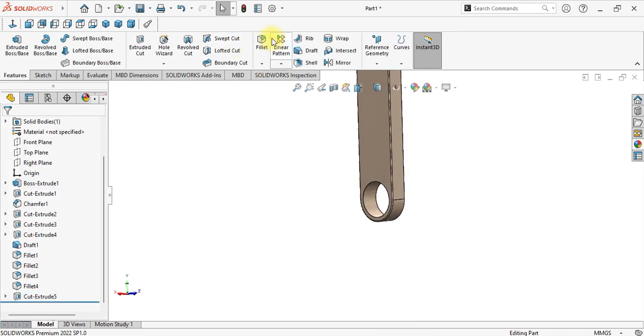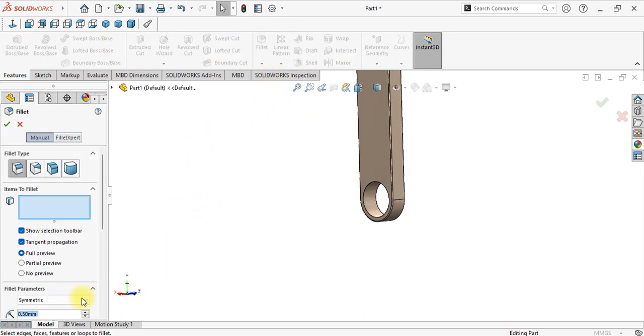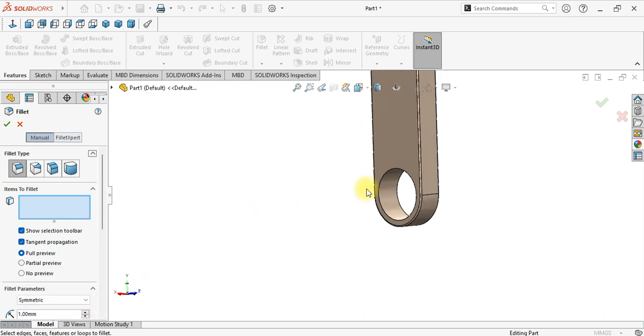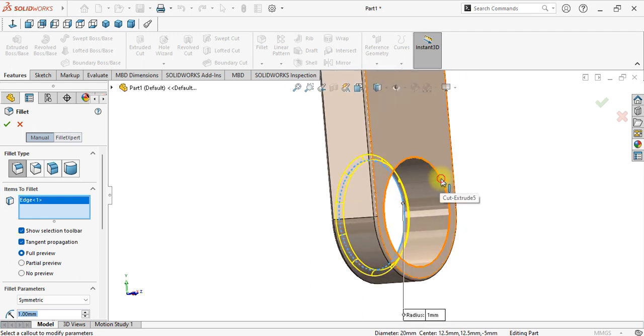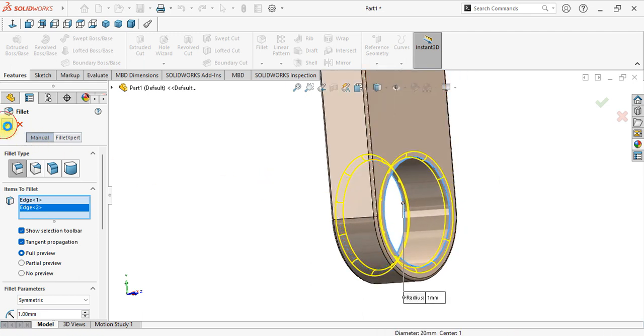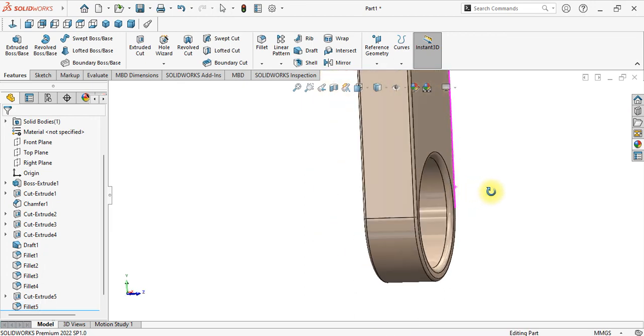Okay, and go to fillet again, and you can define maybe just 1 millimeter. Select this face, this corner and this corner. Okay,